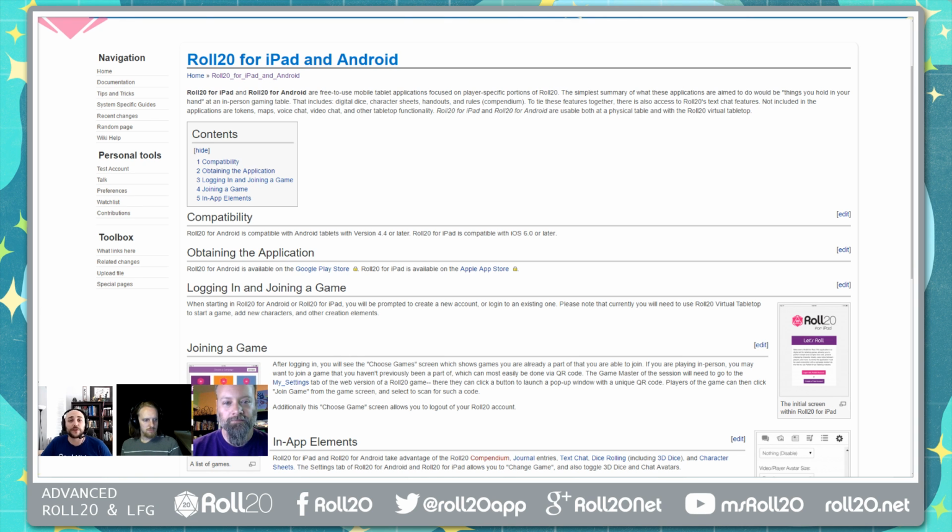Whereas the tablet app that comes with the subscription is the full, entire Roll20 interface. Everything that you can do in the app on your computer, you can do from the tablet. And the vast majority of people are probably playing this on iPads or larger Google tablets, and they work very well, but I find personally